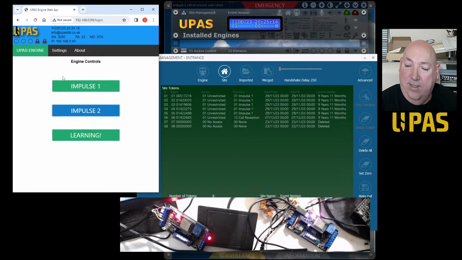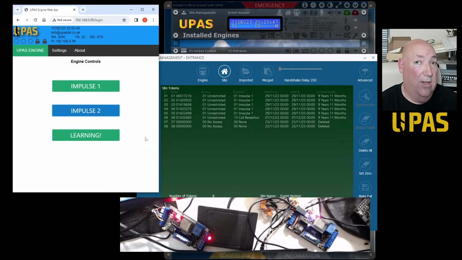But there actually is a spare output on here. There's 2 spare outputs, so you can add 2 other relays if you want to. So we'll have to put enough buttons in. Probably have another button actually for that. This learn mode needs to be moved over to a tokens area, so it'll show you the list of tokens. The main heading will be tokens, and you can change the mode so you can learn a token.